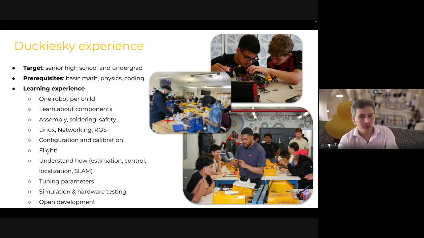allows the students to really go step by step from a box of parts to having an autonomous flying drone. So we go through the components, the whole safety procedures, the assembling, the soldering, all the basic setup of the working environment. So how do you put Linux on your computer, basics of networking, how to use ROS, of course, for middleware, all the parts of the configuration, the calibration, and of course the exciting part of making the robot fly, which is something that makes everybody very excited and stimulates further engagement.